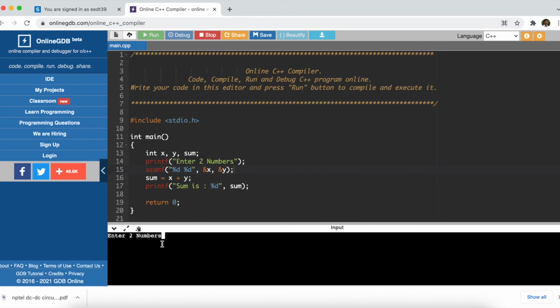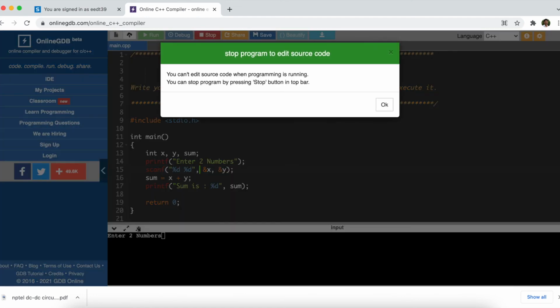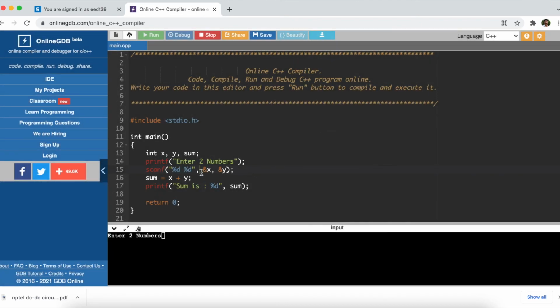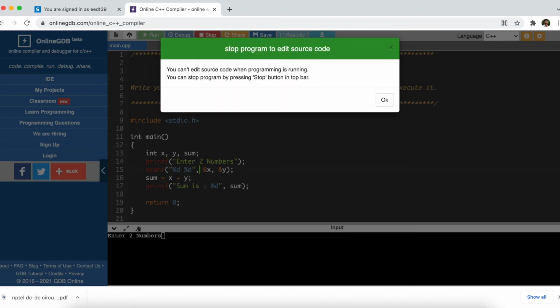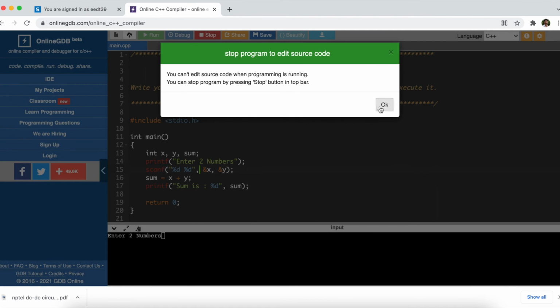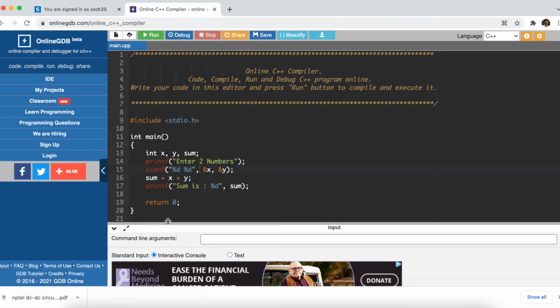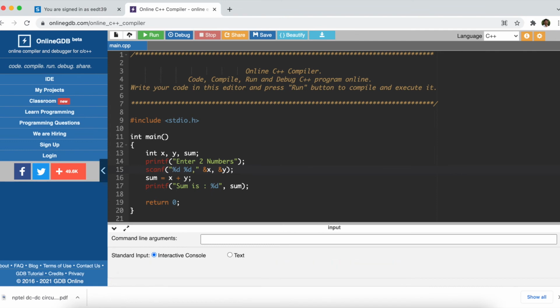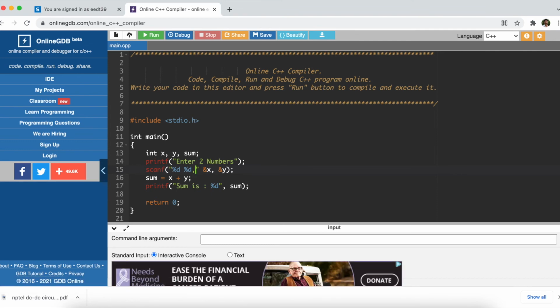I have run it, so the program is proper. How to debug, you got to know. I should stop the run first. I'll click on stop, since it was in run mode, so it was unable to proceed. For example, after the double quotes it should have been separated by a comma. What if I do not separate it by a comma? Let me see what will happen. I'll run it.